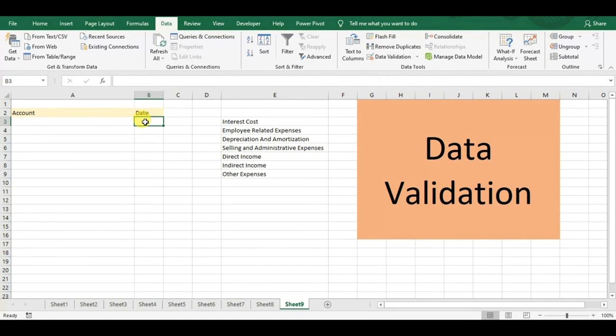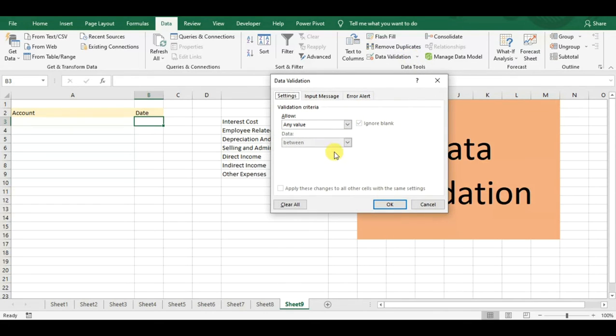Data validation for dates also. If you want people to insert only the dates which have been specified by you, then you can use data validation for dates also. What you have to do is select that cell, and then again on the Data tab click on Data Validation. In here you have to select Date.